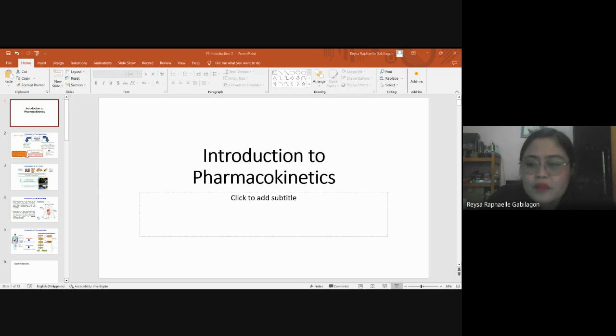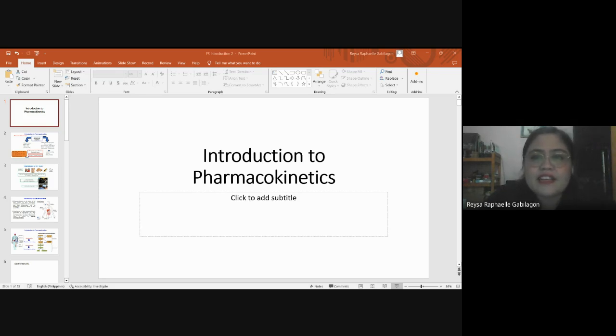So again, when you say pharmacokinetics, it's what the body does to the drug, and we revolve around the four principles: the absorption, distribution, metabolism, and excretion of these drugs. When we apply these pharmacokinetic principles in making sure that we give the correct drug and everything about the drug sa pag-treat ng ating patient, we call that clinical